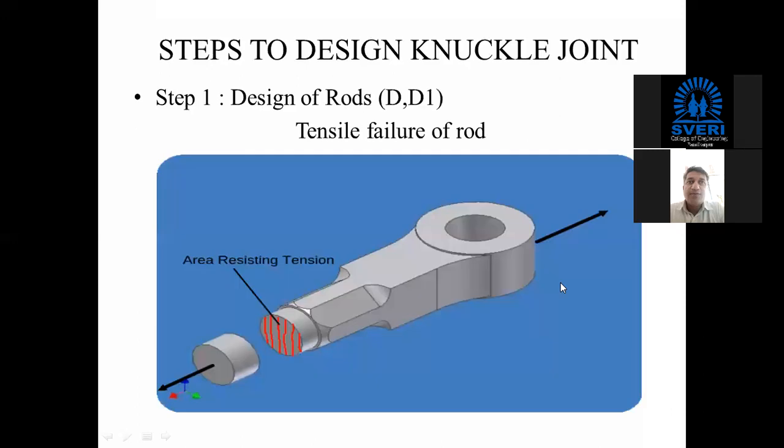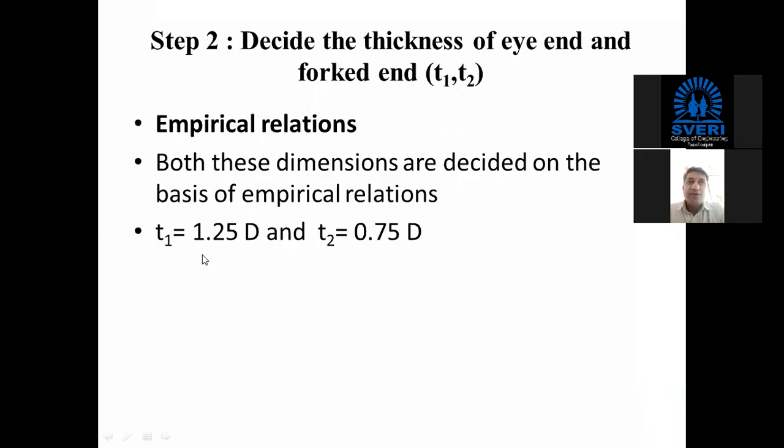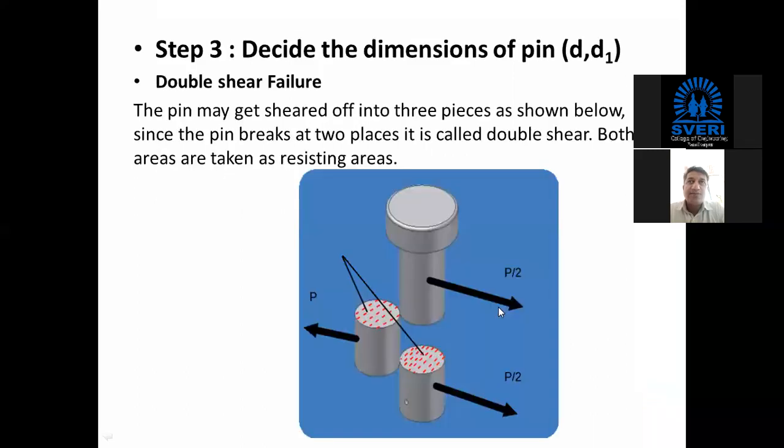Okay, while moving further, we are now going to consider these thicknesses of single I and double I, and later on we'll see the failure of that single I and double I in tension. Now we'll consider the failure of the pin in shear, because as you have already seen in the animation, the failure is going to take place at these 2 places. That's why whatever area is undergoing shear will be multiplied by 2.